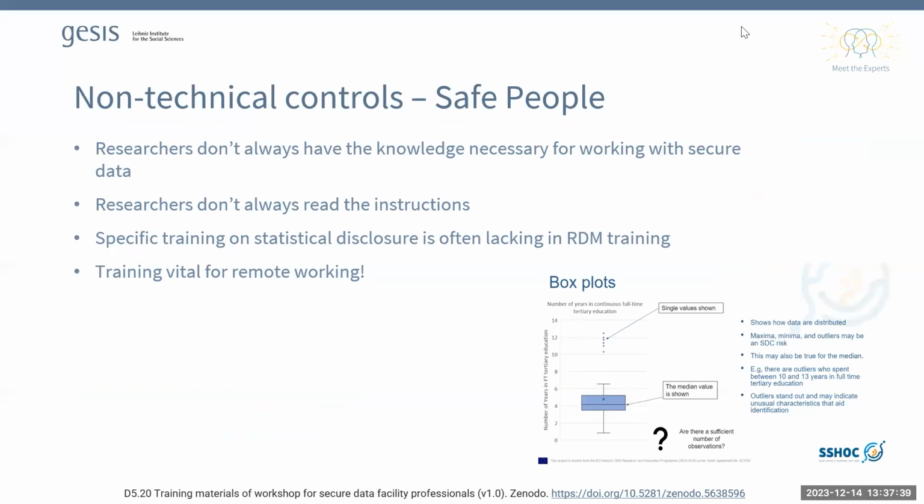So moving on to the next sort of non-technical bit. This is around the idea of safe people. Now, really what we're saying is that researchers that come and work with these data should have the necessary knowledge for working with secure data or sensitive data. And we know that the sort of things researchers need to be aware of is very rarely taught anywhere. So, for example, even researchers who have undergone a lot of research data management training, it doesn't really cover things like